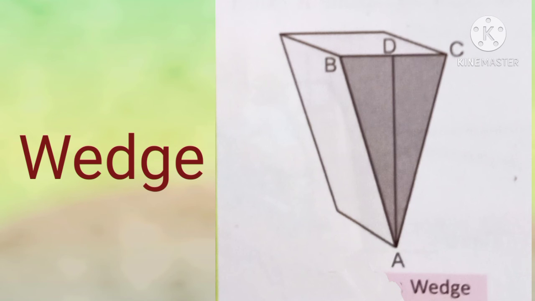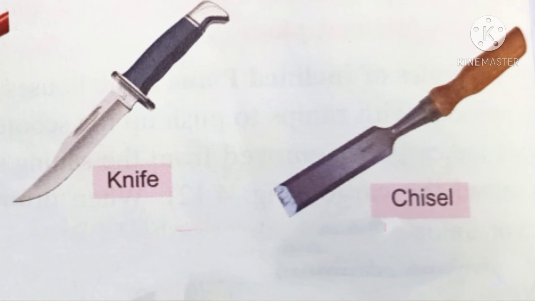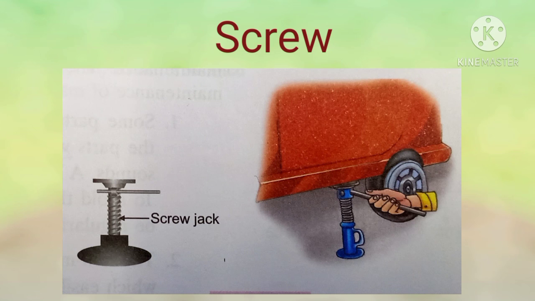Now we discuss the wedge. A double inclined plane is called a wedge. As you can see in the figure, a wedge is a simple machine which helps us to tear apart solid objects. By using a wedge, you can easily tear apart a piece of wood, which otherwise is not possible. For pushing apart a solid object, the sharp end of the wedge is placed on it. It is then hammered from the wider end with a hammer.